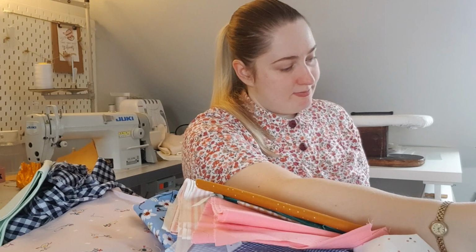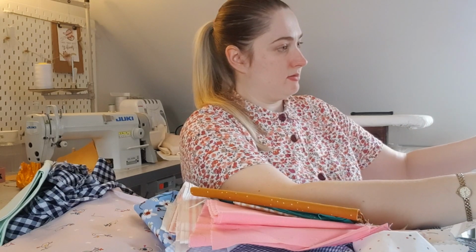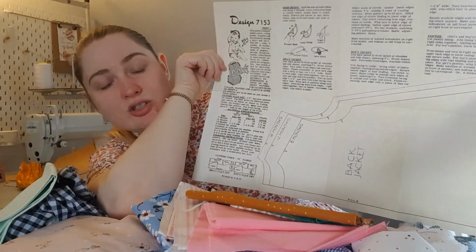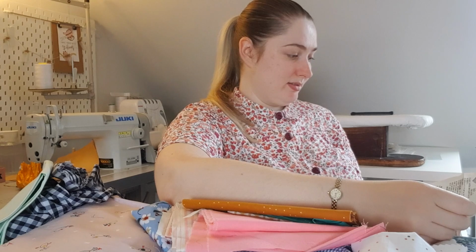So they seem quite simple. So anyway, there's the first part. You've got one pattern piece on here, and the instructions are hilarious. Absolutely hilarious. When you get modern patterns, they treat you as if you've never sewn before. So from my perspective as an experienced sewist who does not need instructions, you could give me a pattern and I'll put it together. I don't need the instructions, because when you've studied pattern cutting,